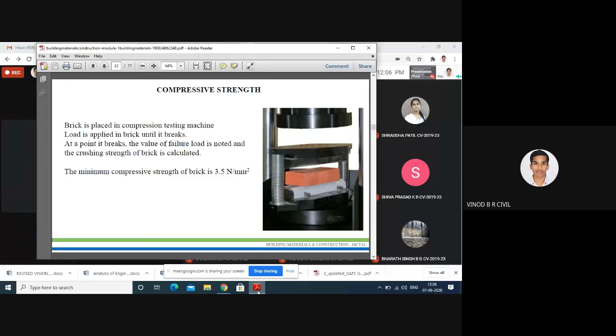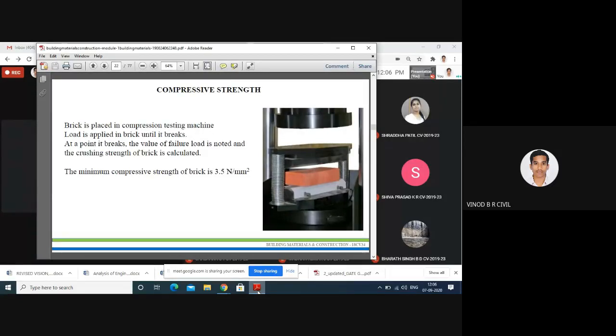And one more structure is the load-bearing structure, where simultaneously the foundation as well as the plinth, wall, column, beam, slab, like that, they will construct. That comes under the load-bearing structure. When you go for the load-bearing structure, some of the loads act on the brick. Suppose it is a multi-storey building: loads from the first floor, second floor, third floor, and fourth floor, the dead weight or self weight of the building, act on the ground floor, the brick masonry walls.